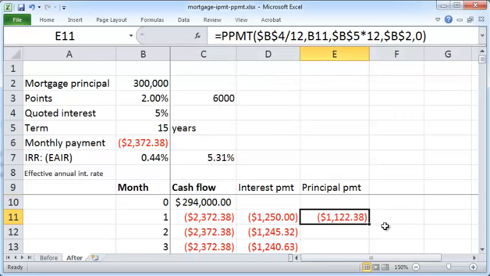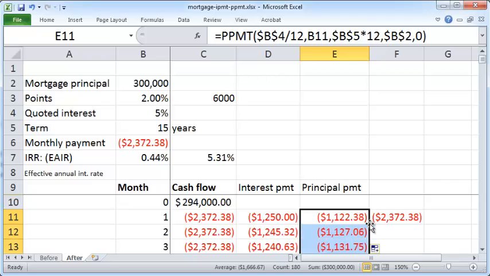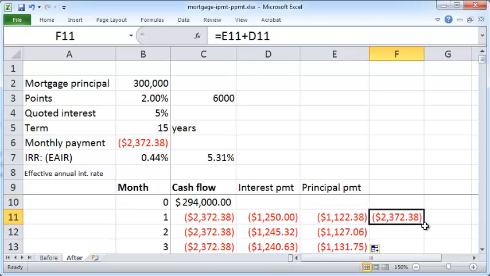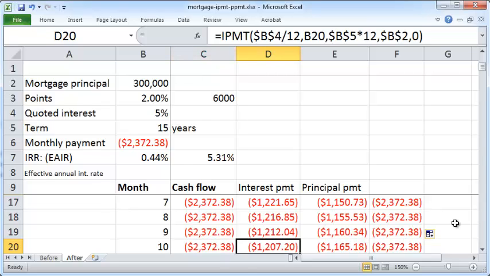And this here is your principal payment, and you can verify that the principal payment plus the interest payment is exactly identical to the monthly payment that you need to make on a monthly basis. And I'm just going to double click this, and you can double click this as well if you want, just for verification. Make sure that the sum is always the same. So every month, say on the 10th month after you borrowed your mortgage, you're paying out $2,372.38, of which the interest is $1,207.20